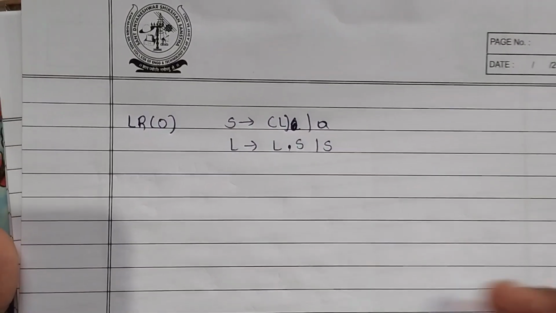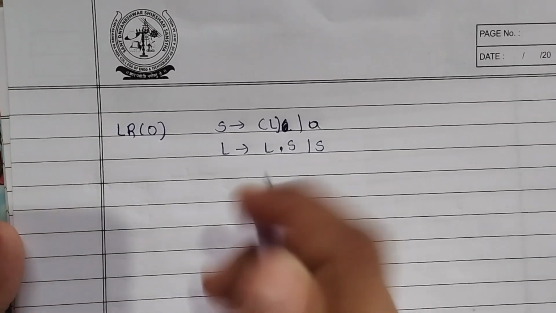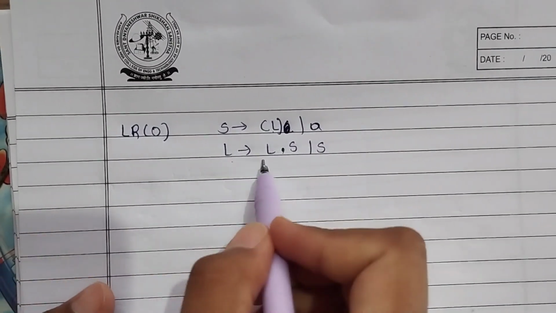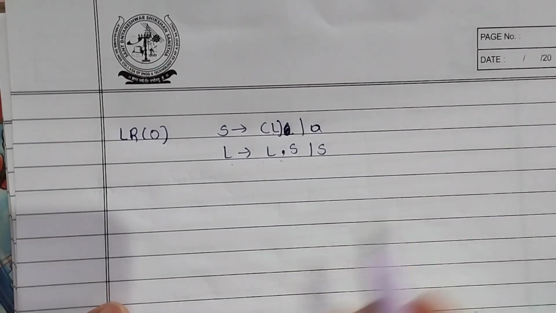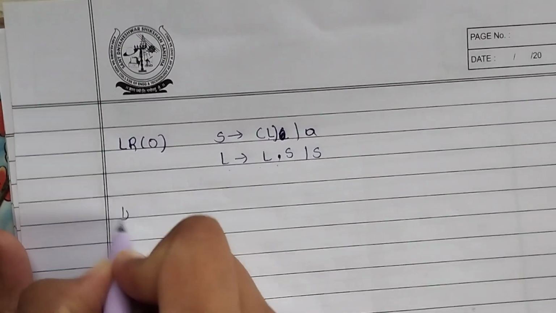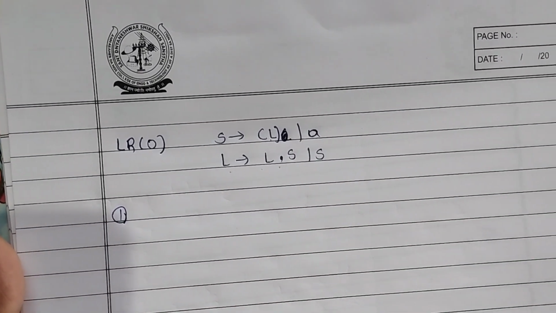Hello everyone, in this video we draw the LR parser for the grammar S → (L) | a and L → L, S | S. So we start. The first rule for LR(0) for drawing any grammar is